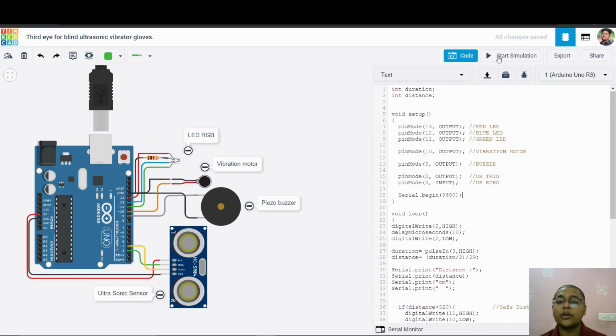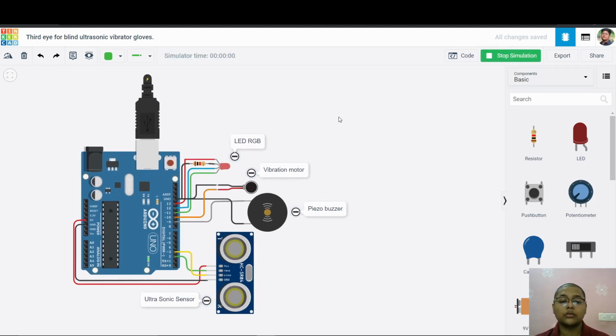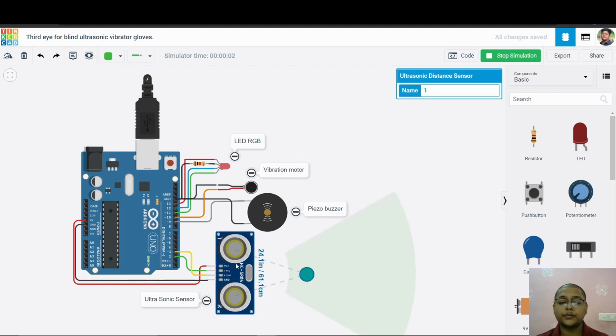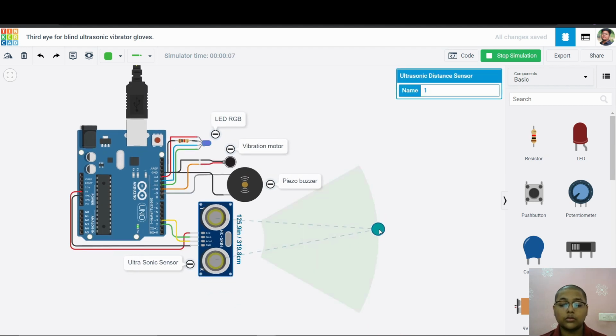Okay, let's see how it works. So you can see this is the starting state. Now the distance is greater than 320 centimeters, so the green LED is glowing, and the vibration motor and piezo buzzer are stopped.